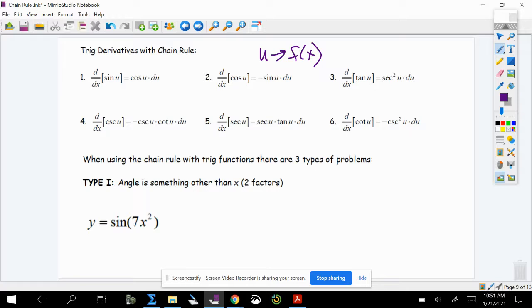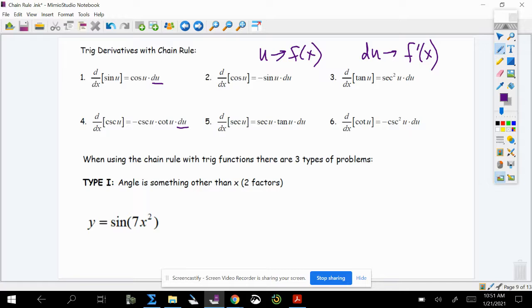So all of these you should notice look very, very similar to the derivatives you know, but just with that added piece. And you'll notice with every derivative, we have this du at the end. That du is just asking you to derive the angle. So that's like whatever that angle is, that's that du piece. So you're deriving your trig function with a rule that you already know, and then you're multiplying by the derivative